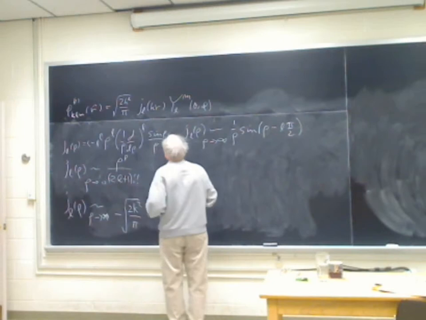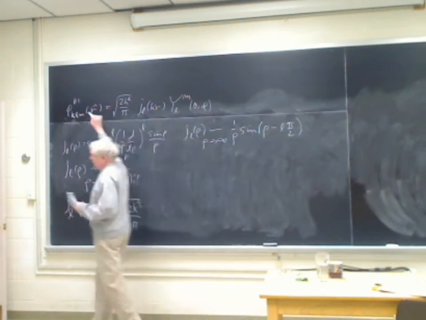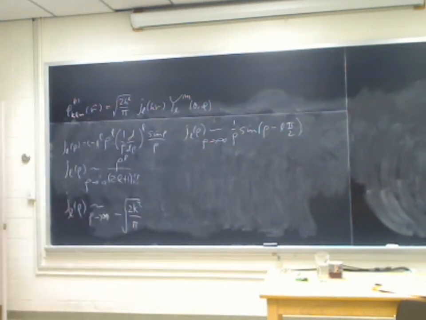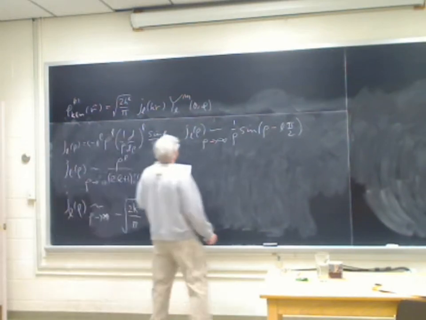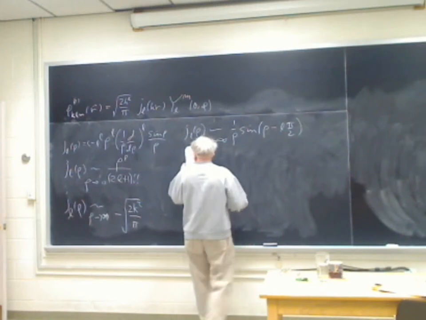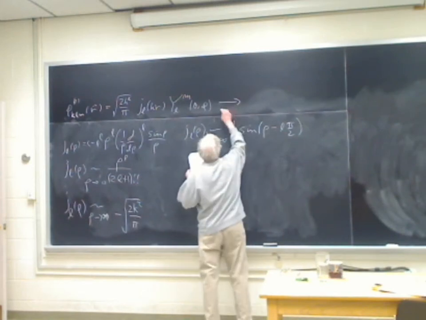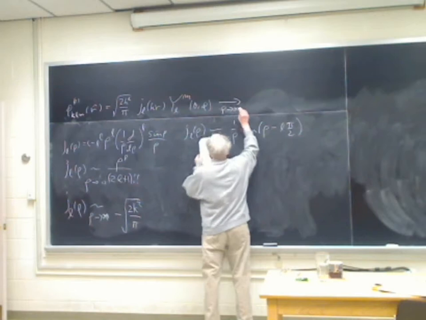And so we're going to be interested, of course, in using phi_0 at large distances, and so we can say that as rho goes to infinity, this goes to